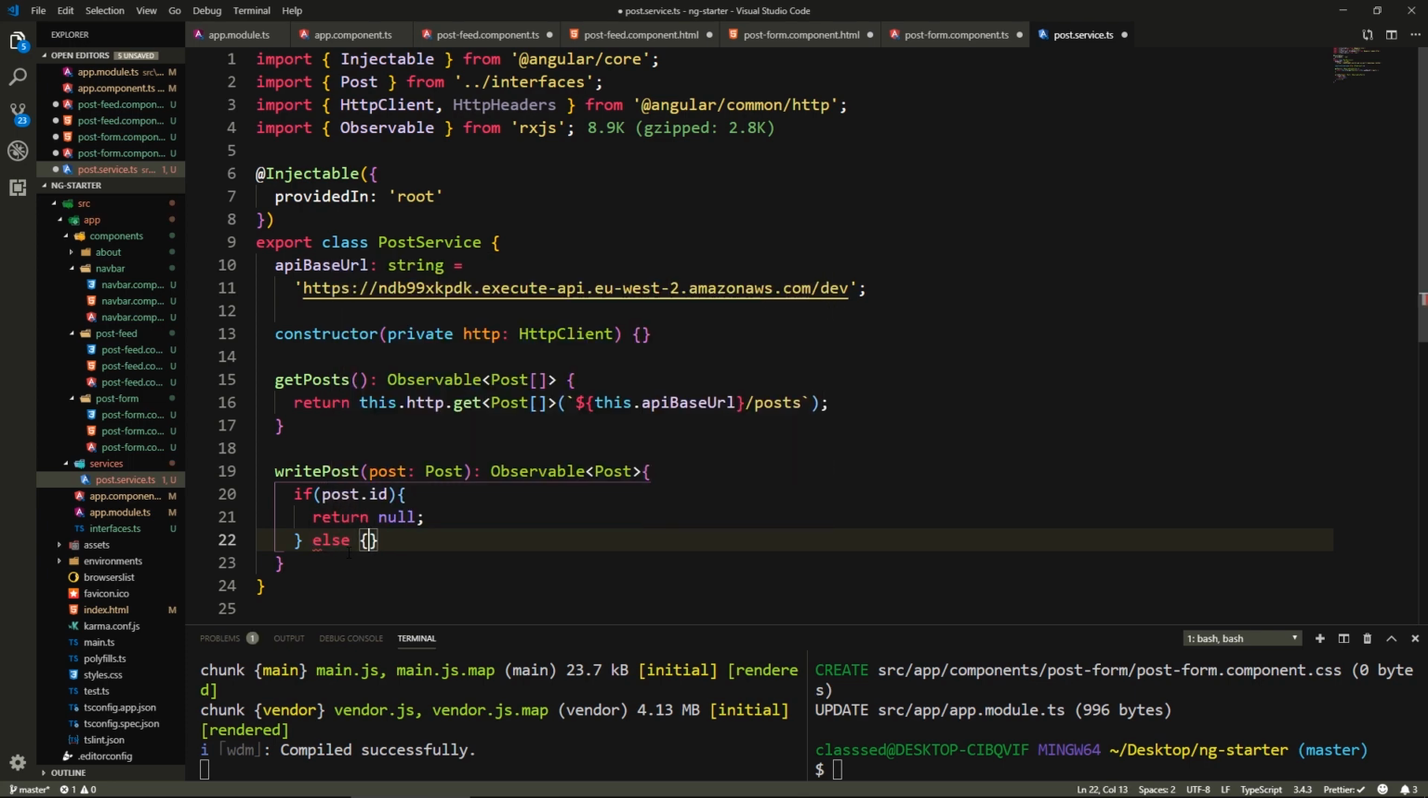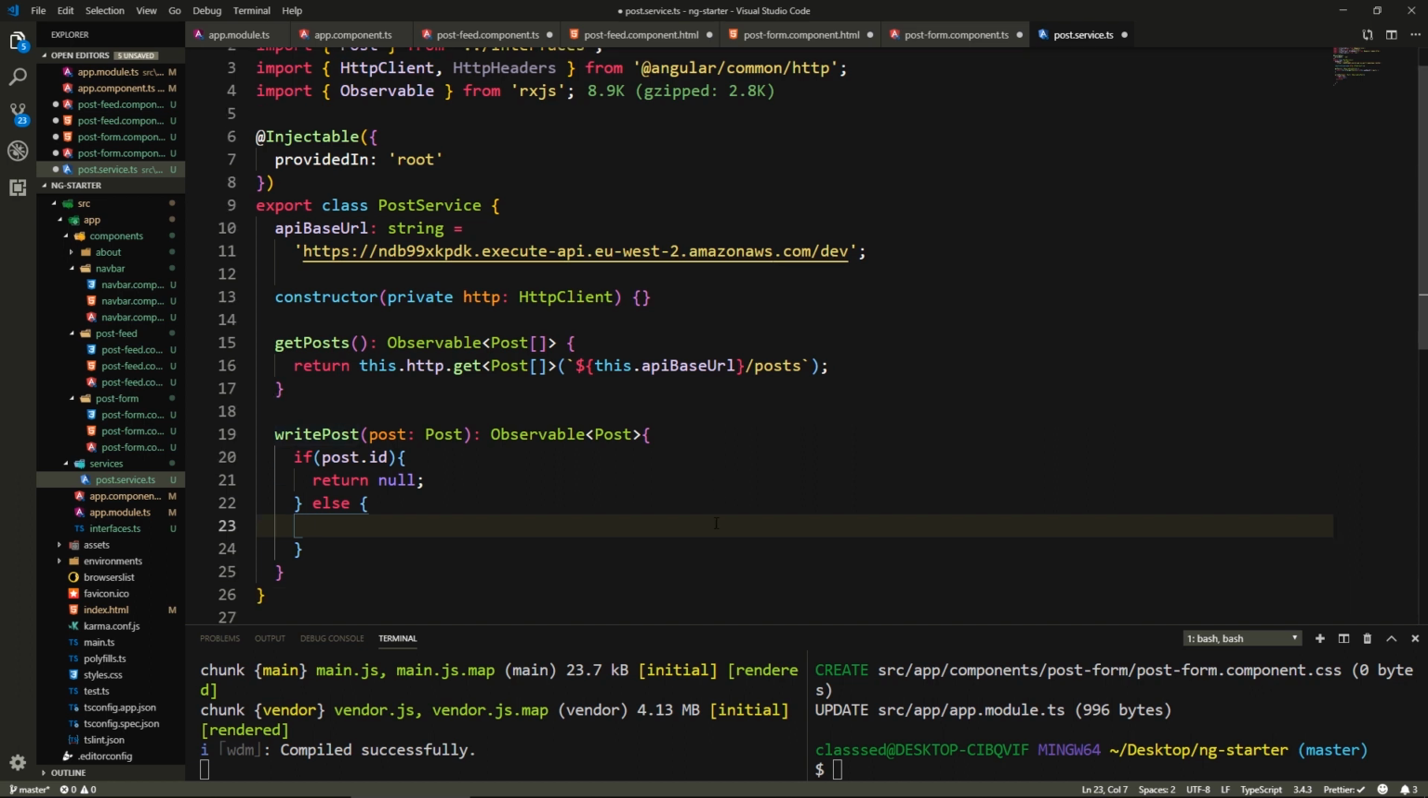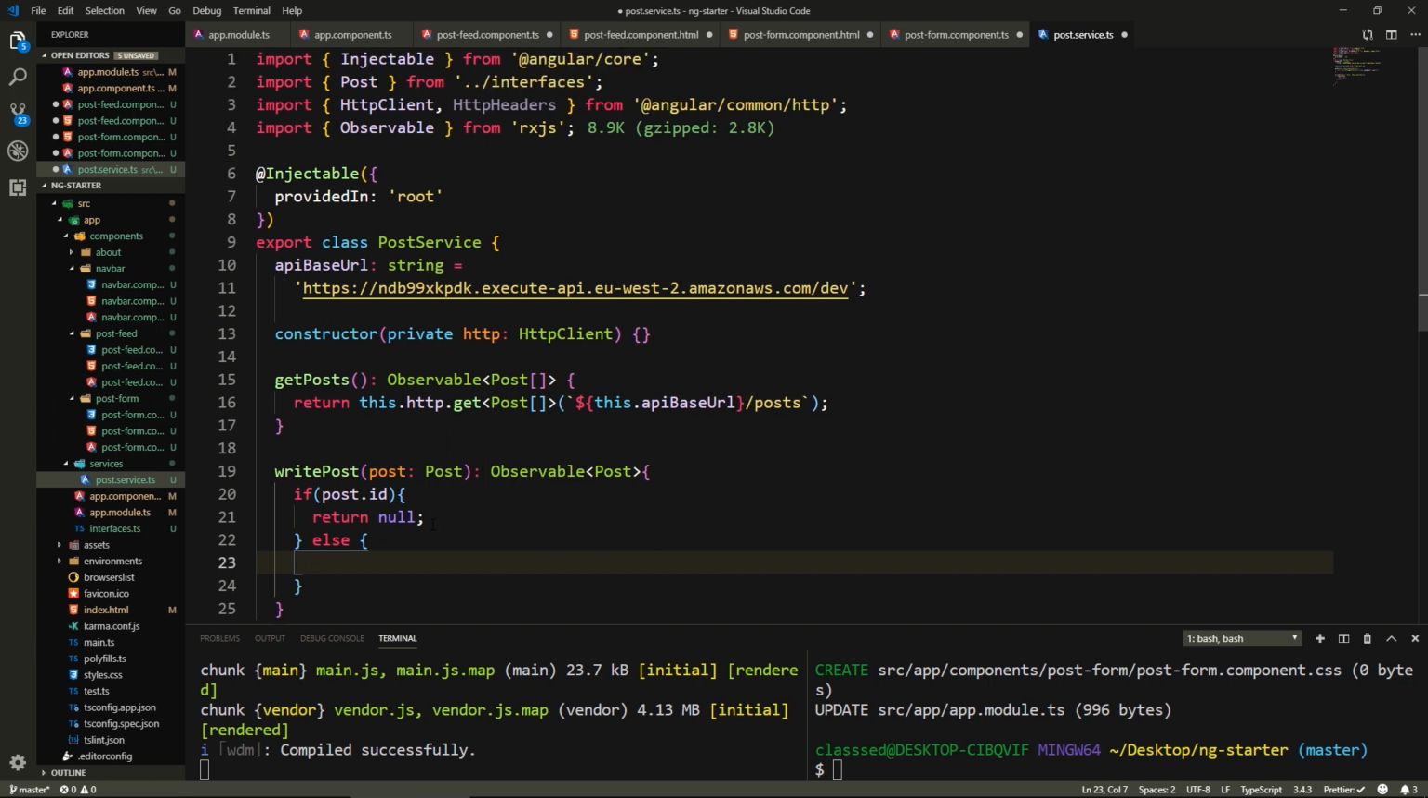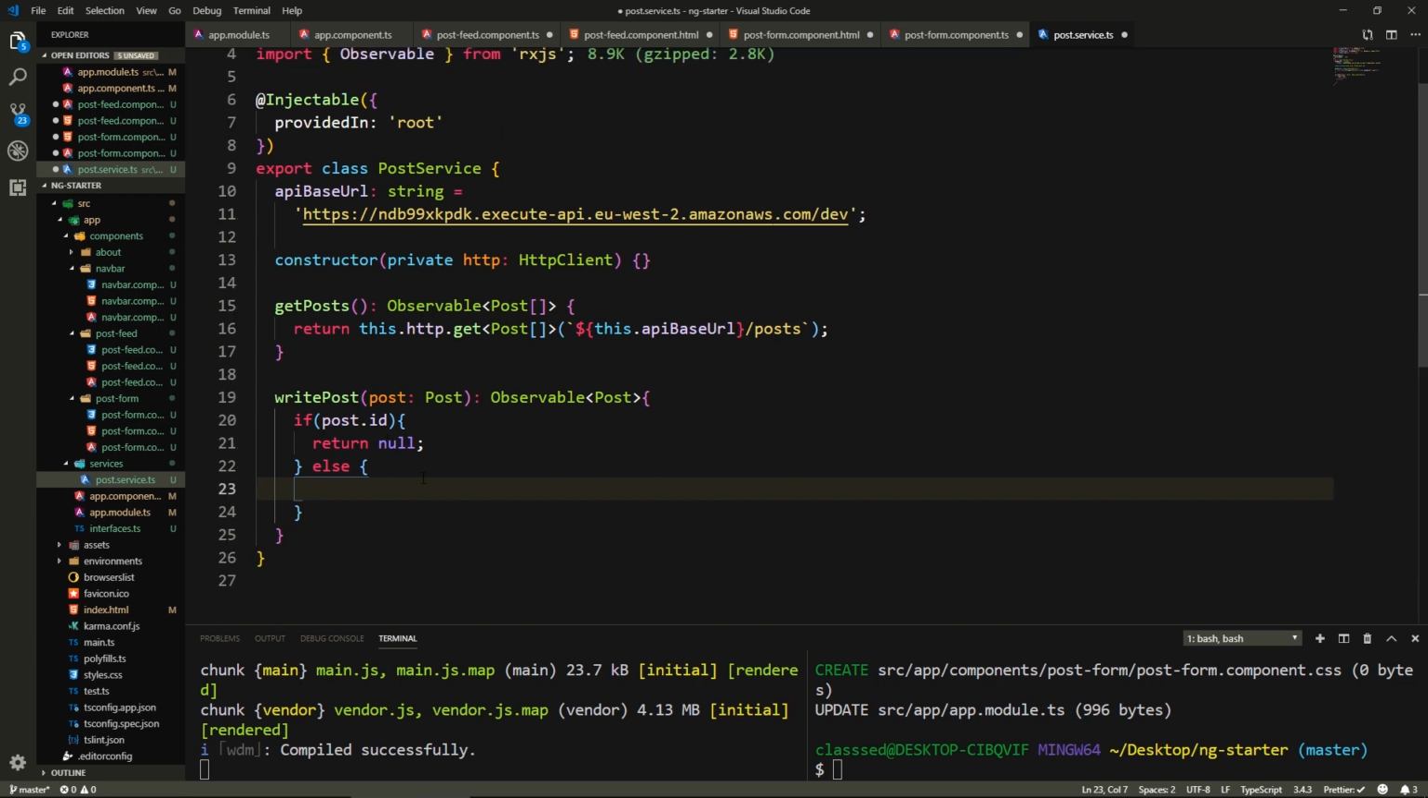because I want to handle the other case. So let's say else, because what I want to do is I want this writePost to address both the post and the put requests. So if it has an ID, that means this post has existed before and we're just editing an existing post. If it doesn't, that means this is a new post and we need to hit the post route and create a new post. So here, else, if it doesn't have an ID, so it's a new one, we'll say return